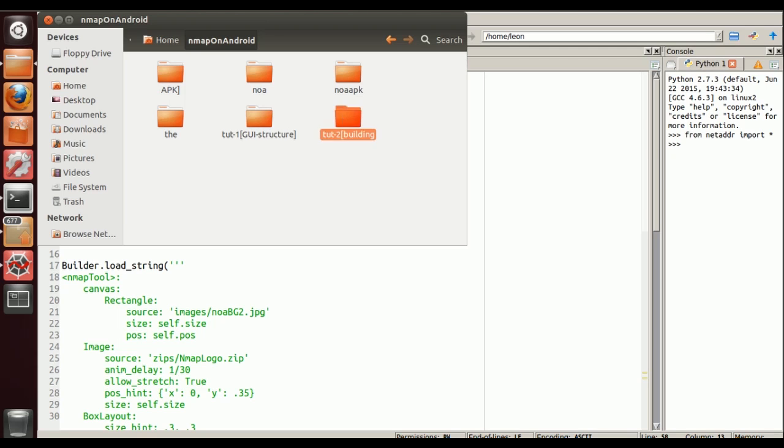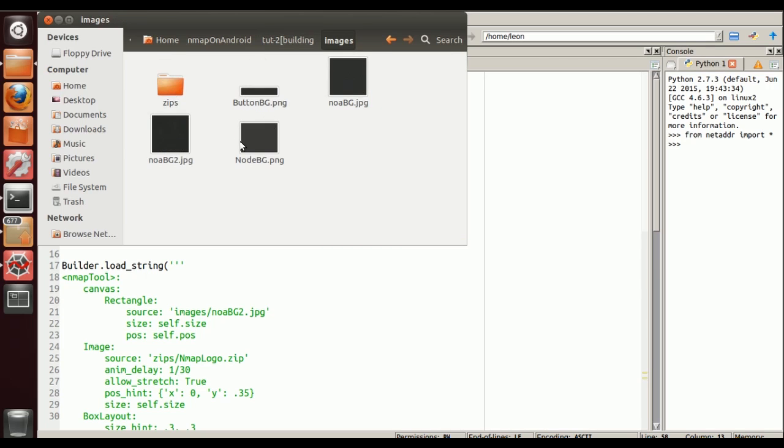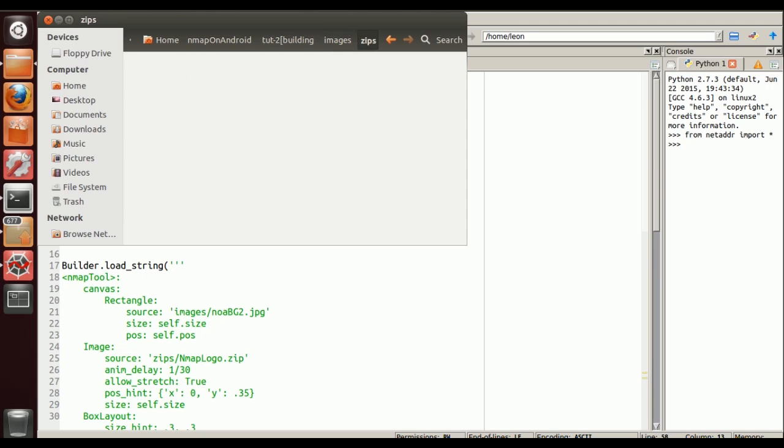And we've got tutorial 2. Okay, so this is the way I've laid it out. Obviously yours is going to be called whatever it's going to be called. It may be called Nmap On Android. I've got a folder with images, I've got a folder with zips. Obviously the images folder has the images which I'm going to supply for you guys, and for some reason I have another folder in here with zips which is empty. I think I can delete that, and if we go back,